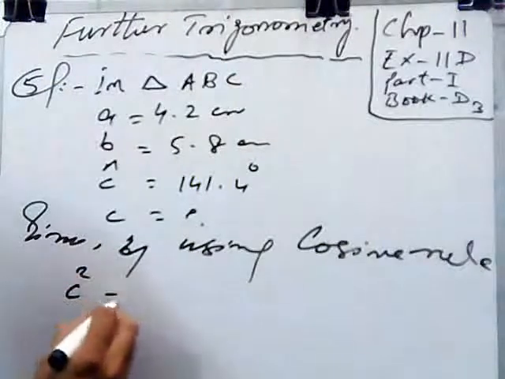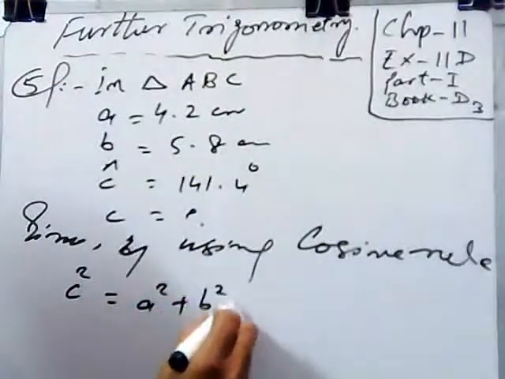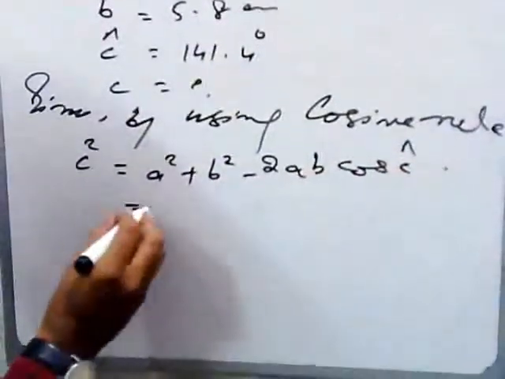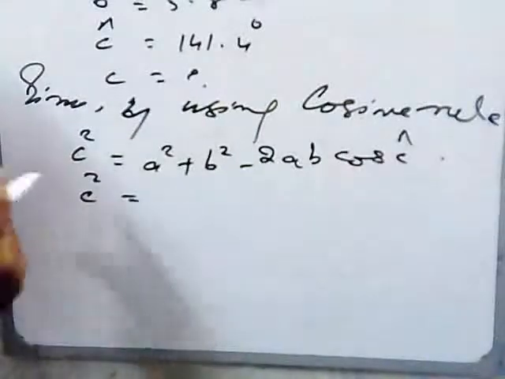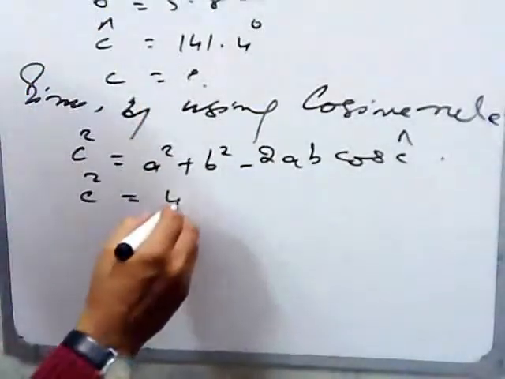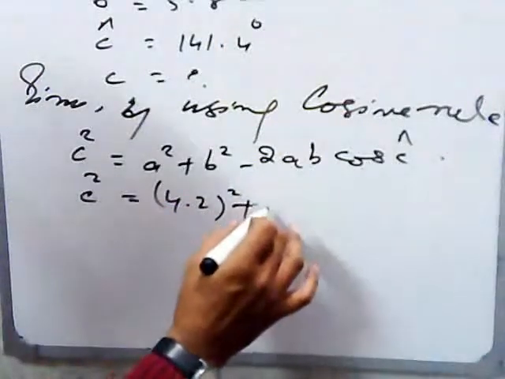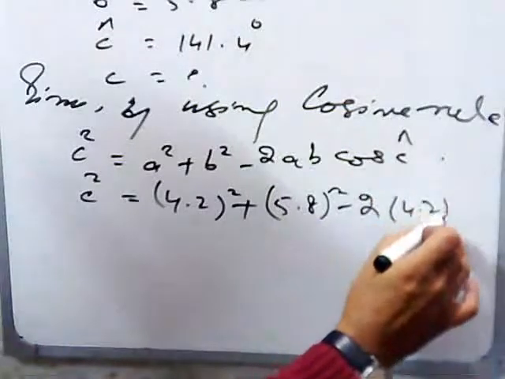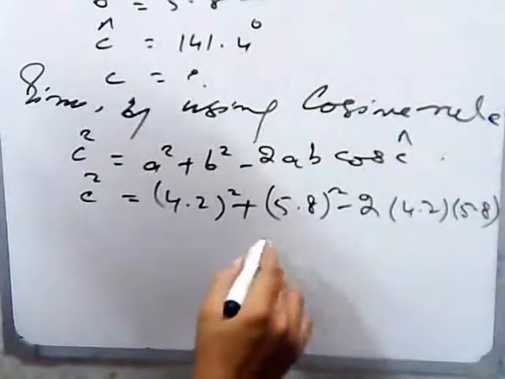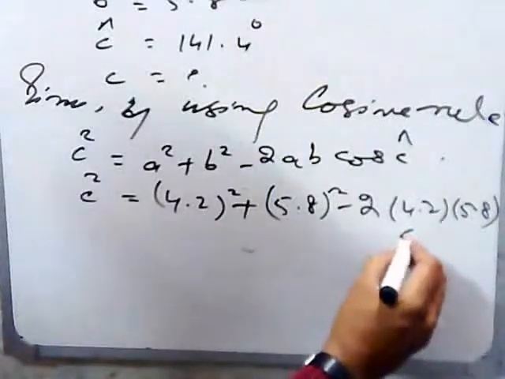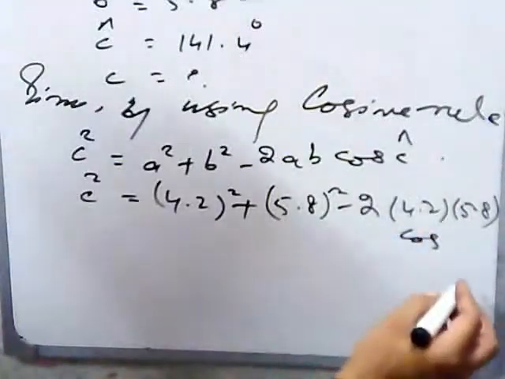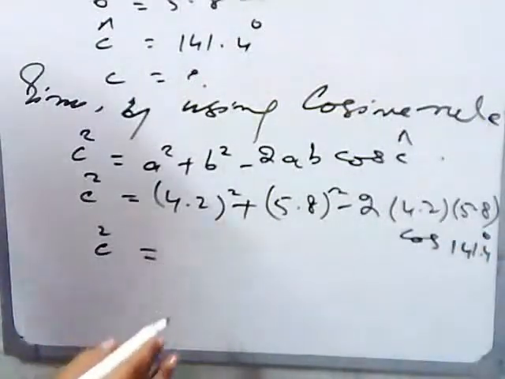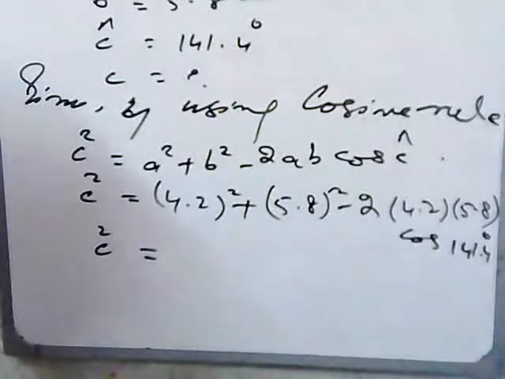c square is equal to a square plus b square minus 2ab cos c. So putting the values, because we have given 4.2 in decimal form, 5.8 square, then minus 2ab cos c. The value of c is 141.4 degrees. So after simplification you will get the value of c is